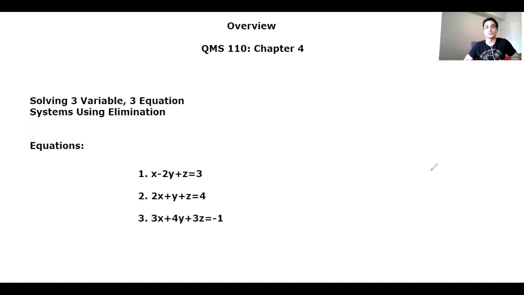So today we're going to be going over some QMS 110 material. More specifically, it's going to be on chapter 4, and we're going to learn how to solve a 3-variable, 3-equation system using elimination. So I've left the 3 equations on the left side of your screen, and I would encourage